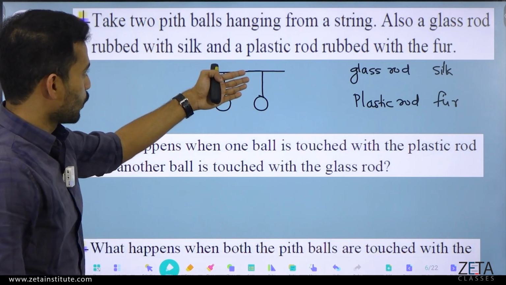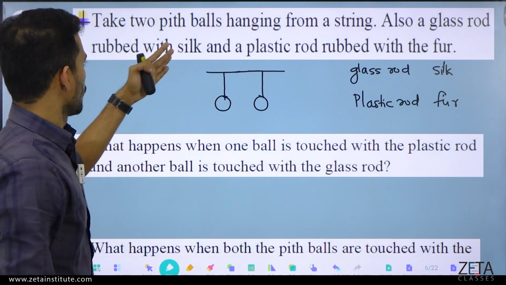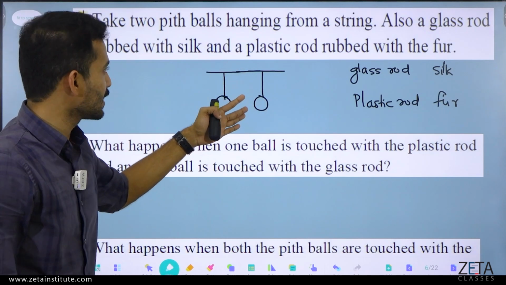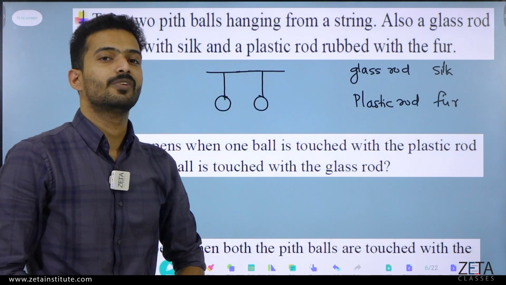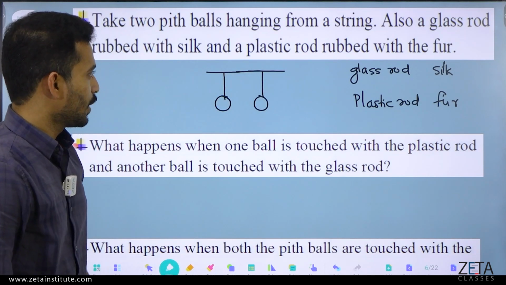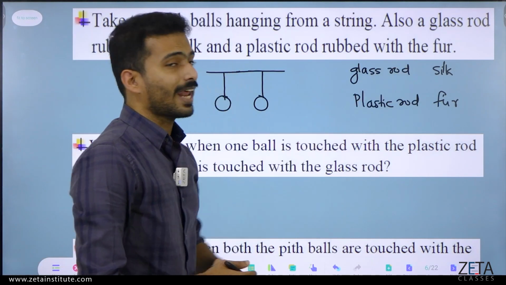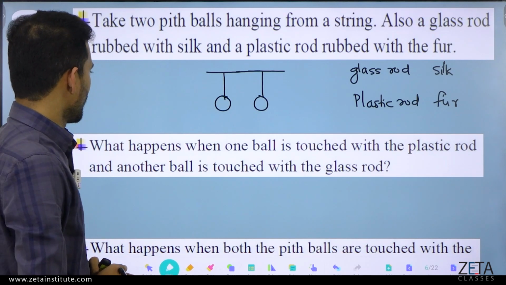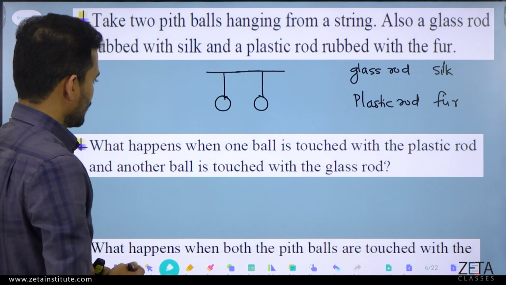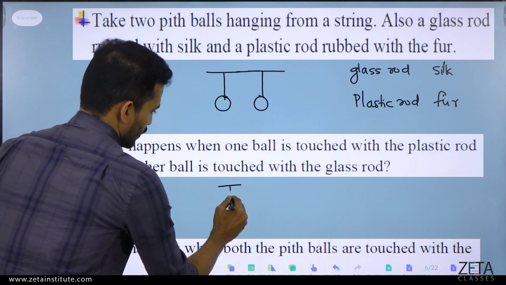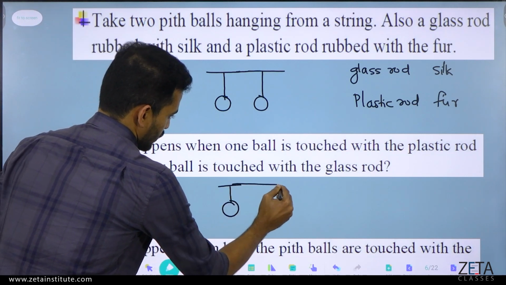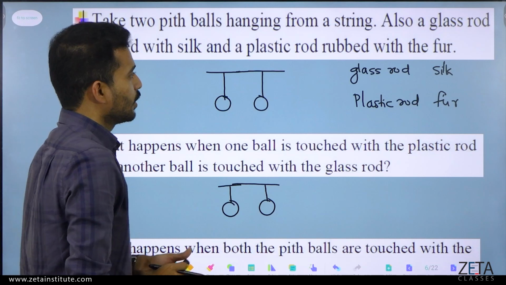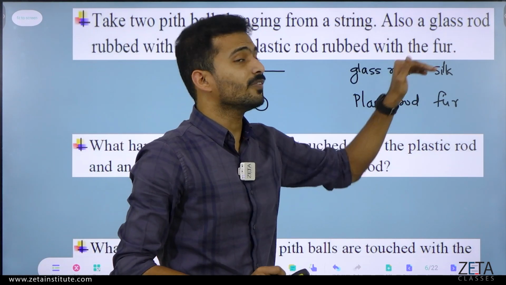So take the two pith balls hanging from a string, also a glass rod rubbed with silk, and a plastic rod rubbed with fur. When these objects rub, what happens? They may get charged. Okay, so these are two pith balls. When a glass rod is rubbed with silk,